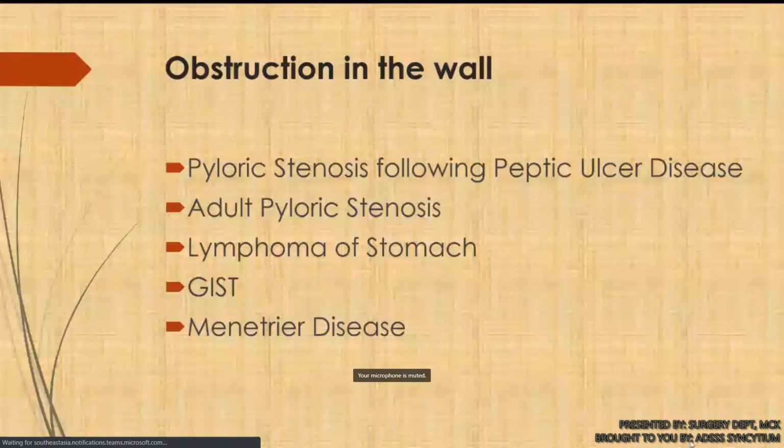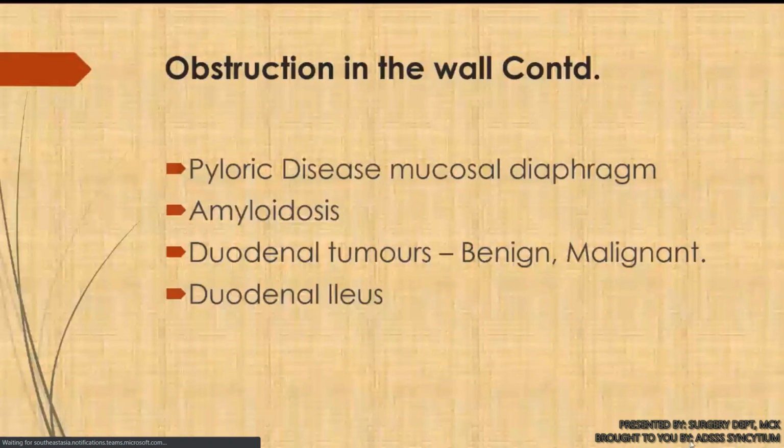Lymphoma of the stomach, gastrointestinal stromal tumor, Menetrier's disease is there. There is prolapse of the gastric mucous membrane, which also causes obstruction to the gastric outflow. Obstruction in the wall continued. Pyloric disease,